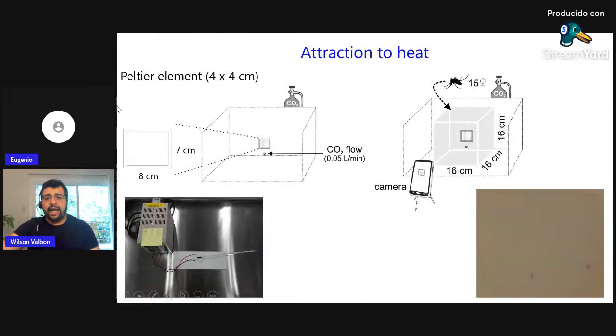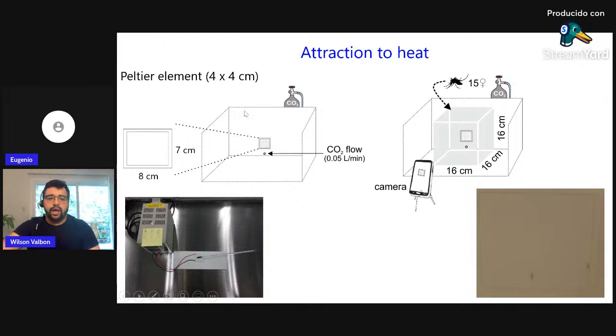So I was working in the lab last year, and I read some papers, and I found this methodology to measure the attraction to heat. It's a very feasible approach. Here, basically, we have a peltier element. This peltier is like this square here. This square can be plugged into a power supply. Then you can change the voltage and control the temperature. If you provide more voltage, we increase the temperature. Then you can control the temperature of this peltier element,